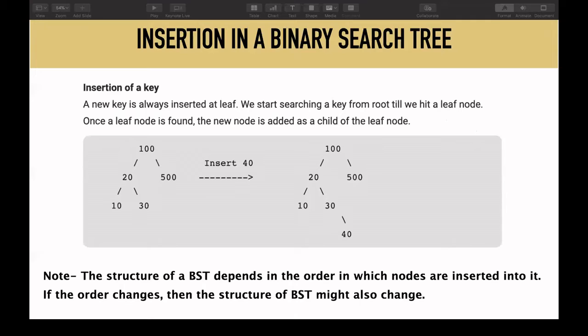Now let us see how to insert in a binary search tree. Insertion in a binary search tree always happens at the leaf node. You can see the definition says a new key is always inserted at the leaf. And the reason being, what we basically do is